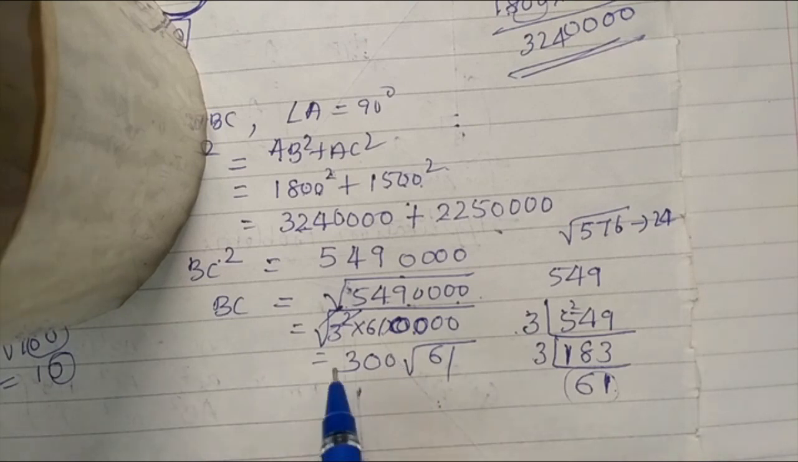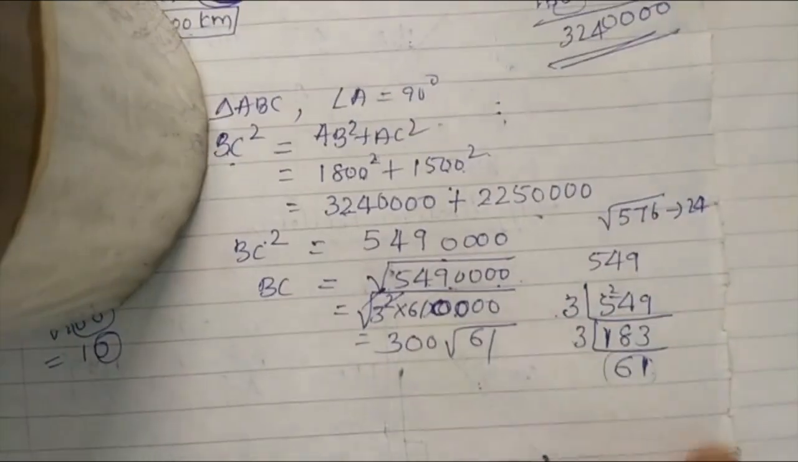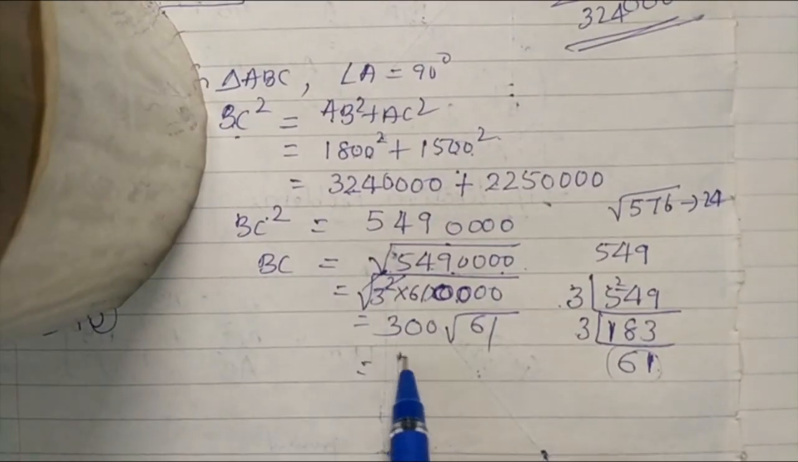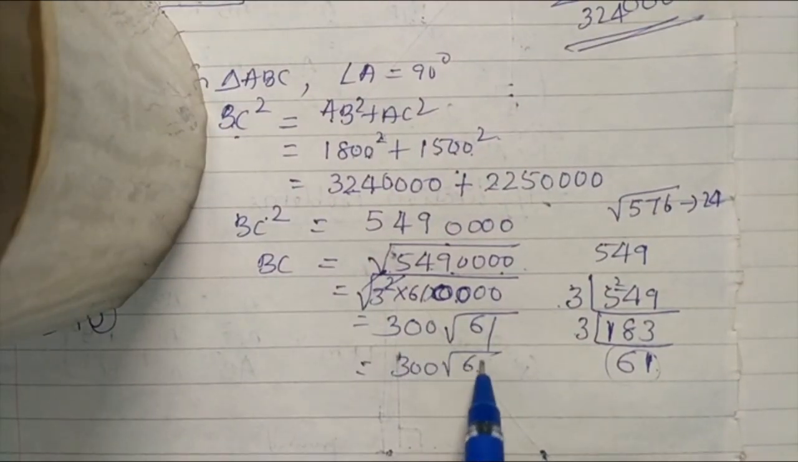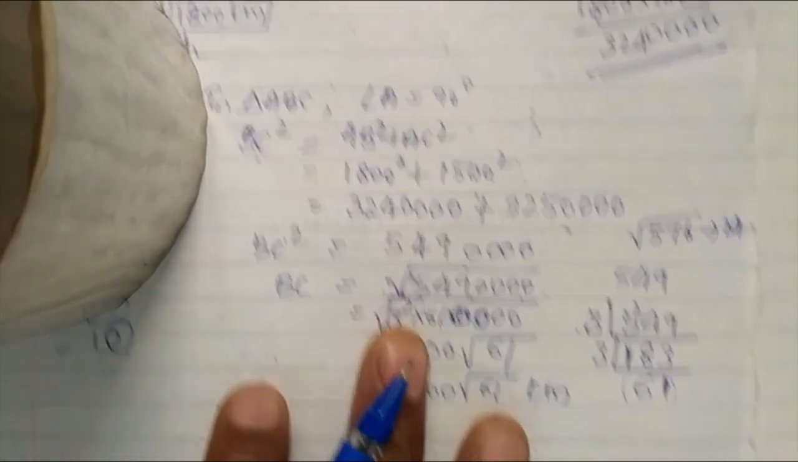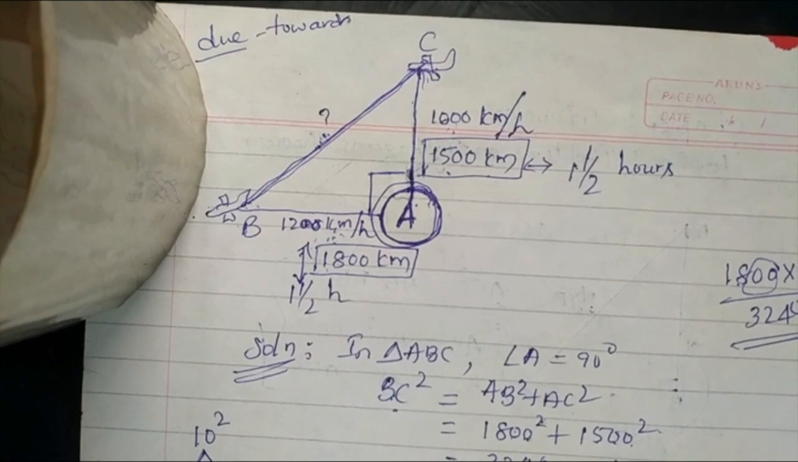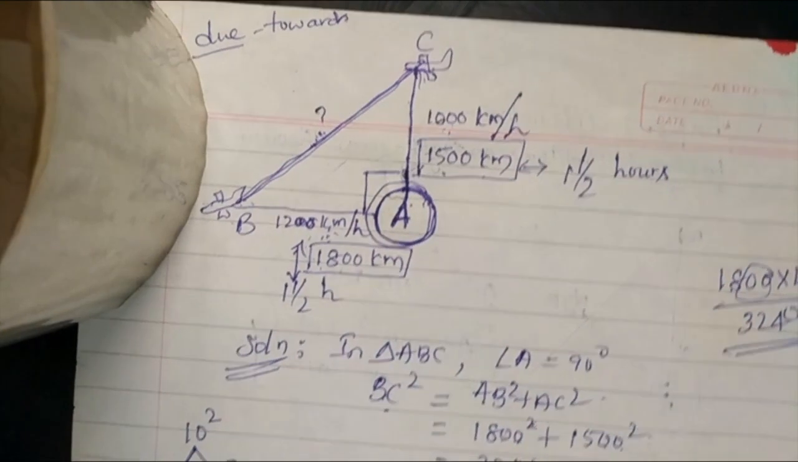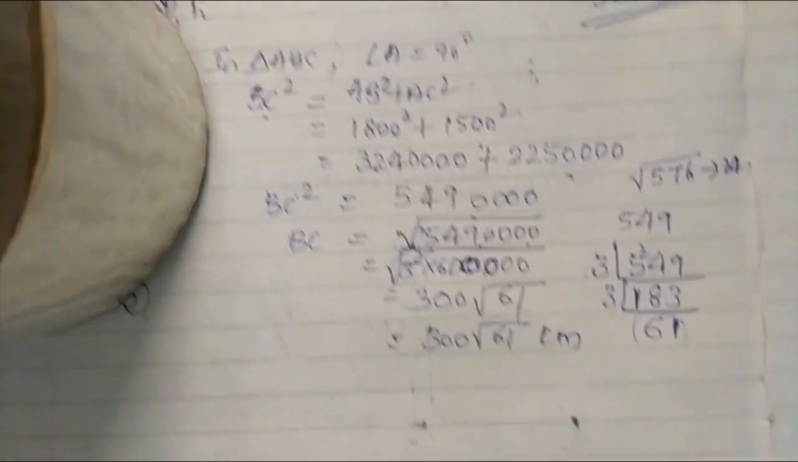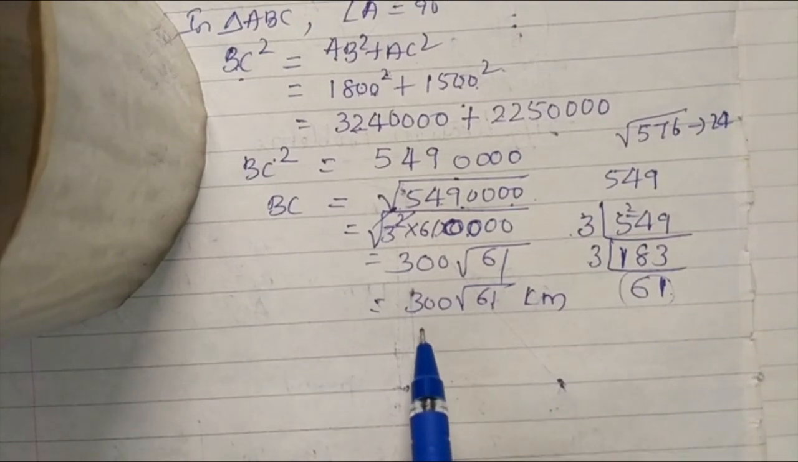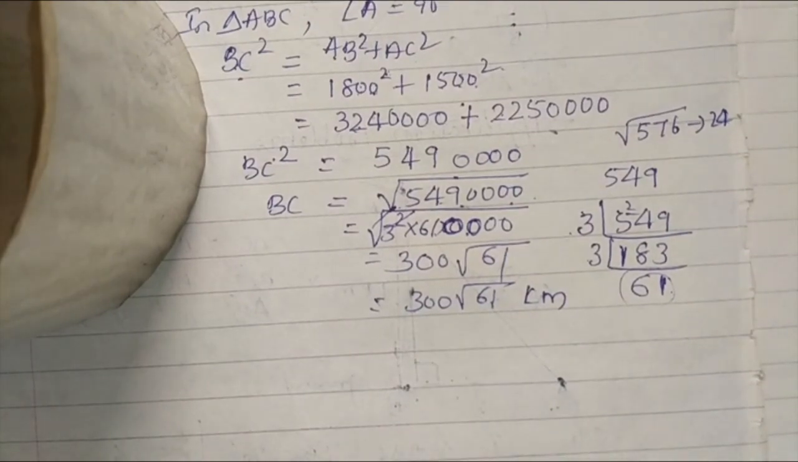So 1100 only root 61. The 61 is a prime number, for that it becomes an irrational number, root 61. So finally your answer is 300 root 61 kilometer. Therefore the distance between both the aeroplanes which departed from the same airport is equal to 300 root 61